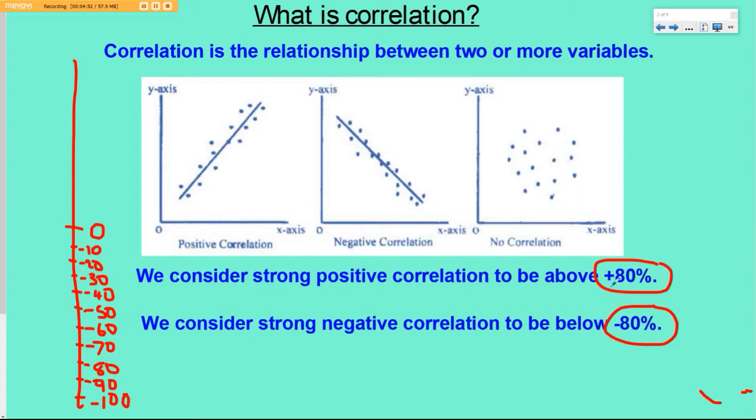So when we say lower than negative 80, we mean everything that's there and below, all the way down to negative 100. And then we can do the maths here: 10, 20, 30, and then we go up to 100%. To convert from a percentage to a decimal, we divide by 100. So if I divide this, I get 1. If I divide this, I get negative 1.